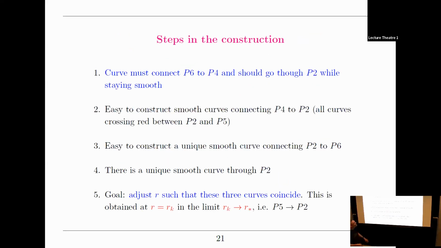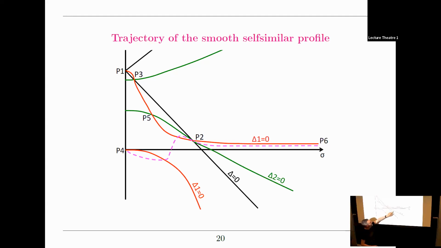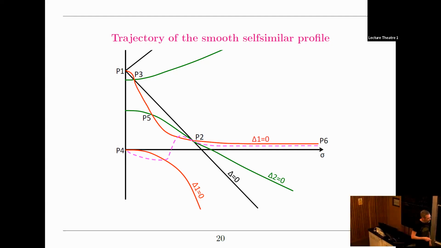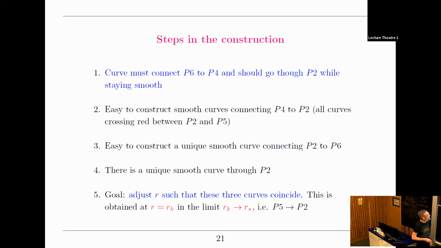In other words, on the right of P2, there is only one curve that you like, because it turns out that there is a unique smooth curve that connects P2 to P6. So here, on the right of P2, in fact, this is this curve. There is a unique curve that goes from P6 to P2, and it ends up in P2 in finite time, and it's smooth outside of P2. Okay, so far I can already produce this solution which has finite regularity. You connect this unique curve here to any of the curves on the other side, and I claim that you have already produced a self-similar solution with finite regularity. And now you want a smooth curve.